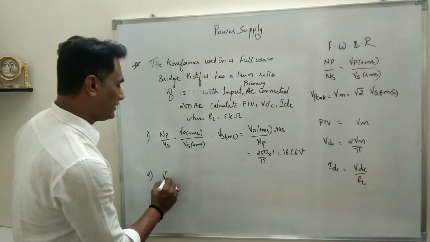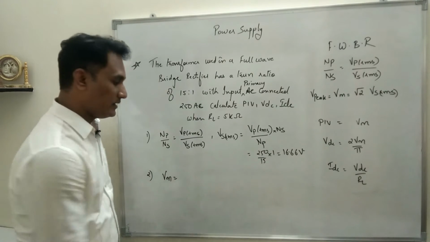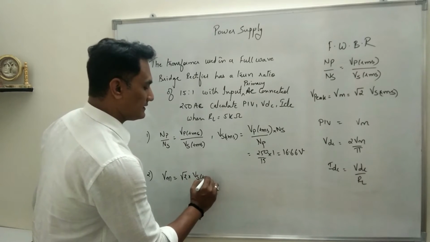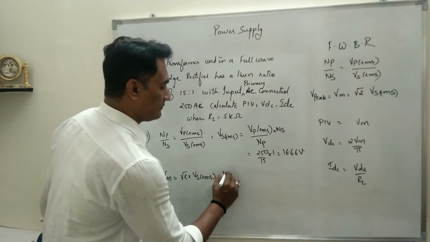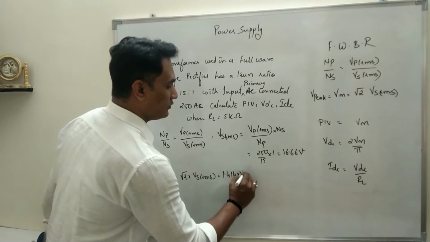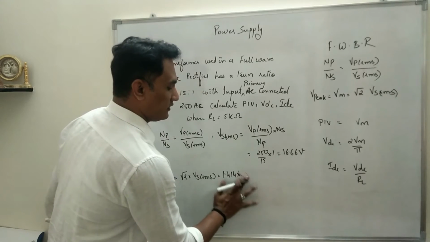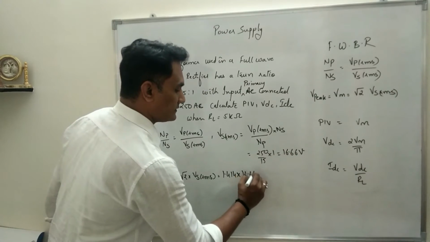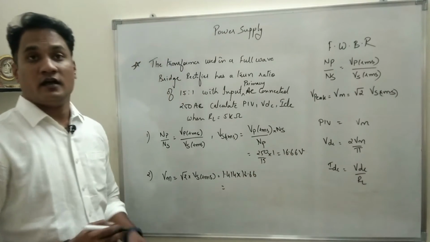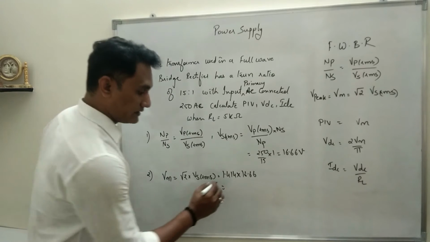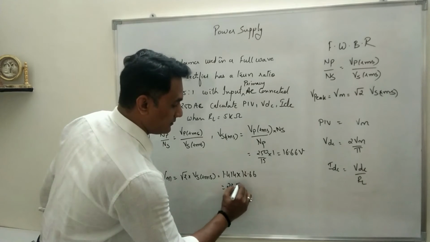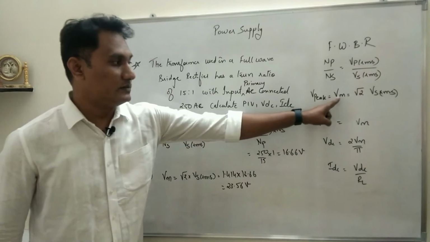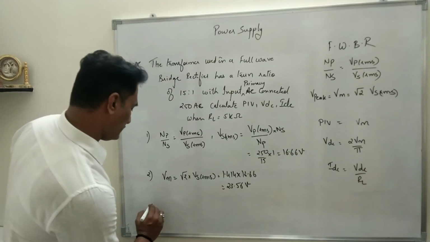Then you have to calculate the peak value, that is VM. What is VM? It is √2 into VS RMS. That means it will be 1.414 into what is the value of VS RMS? It is 16.66. So if you calculate this value, you will get the answer as 23.56 volts. So the second step is done, VM is calculated, and of course third step,